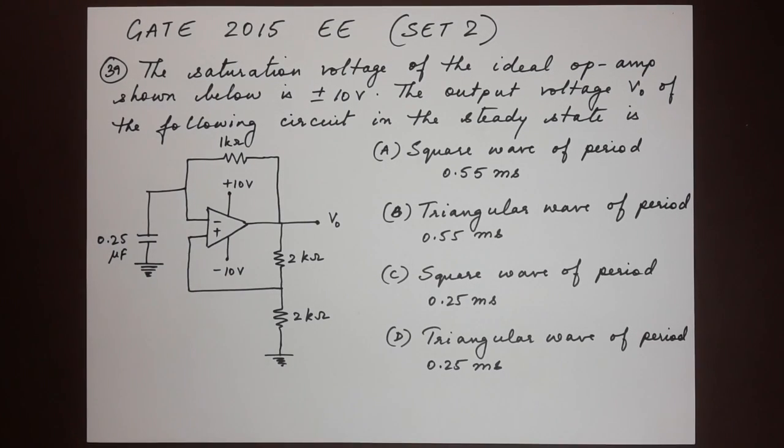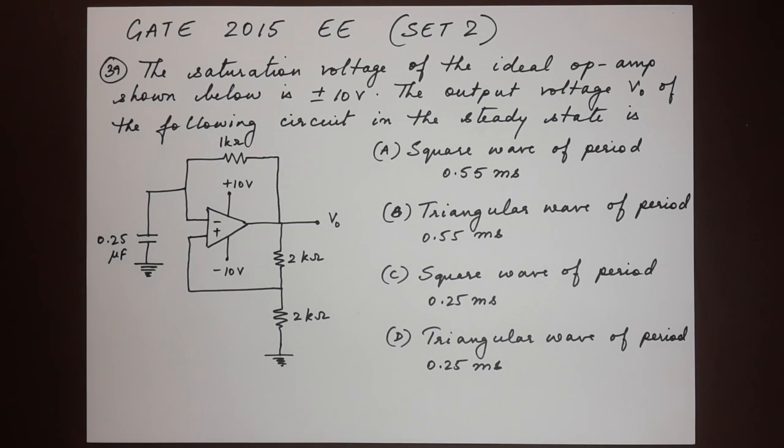Here's the next question, number 39. The saturation voltage of the ideal op-amp shown below is plus minus 10 volts. The output voltage V0 of the following circuit in the steady state is, we have A, square wave of period 0.55 milliseconds, B, triangular wave of period 0.55 milliseconds, C, square wave of period 0.25 millisecond, and D, triangular wave